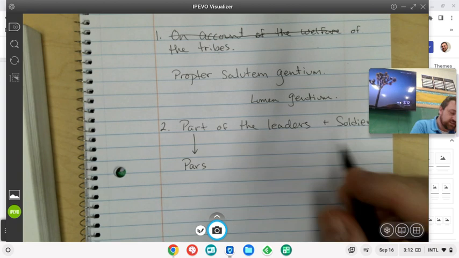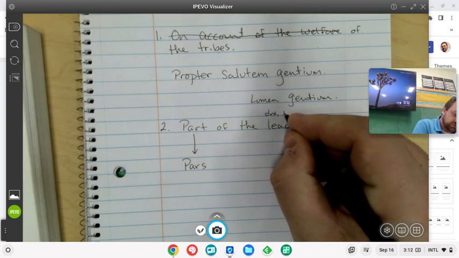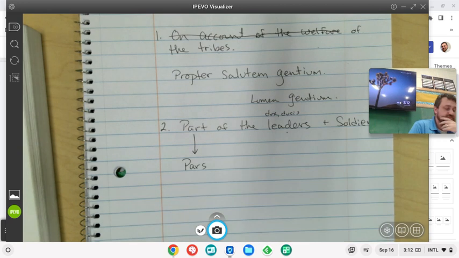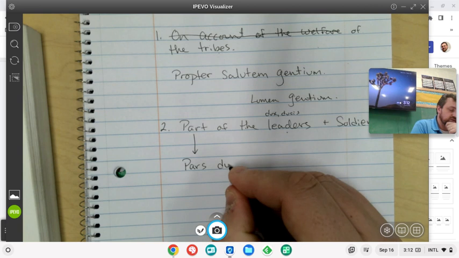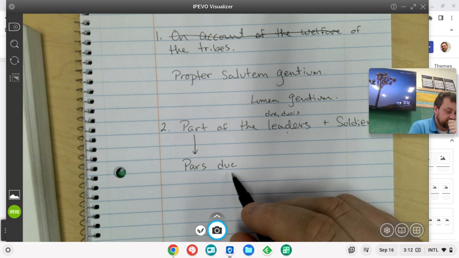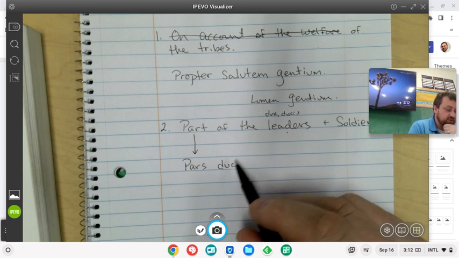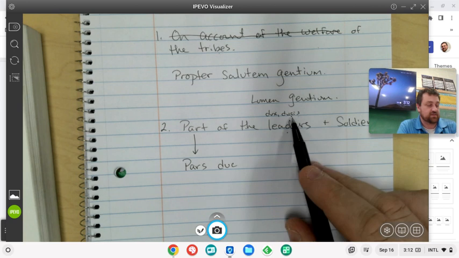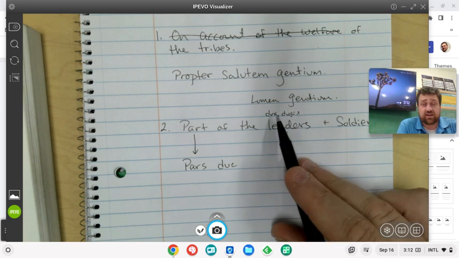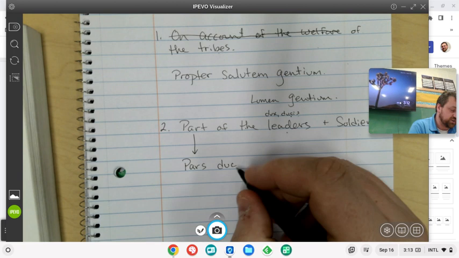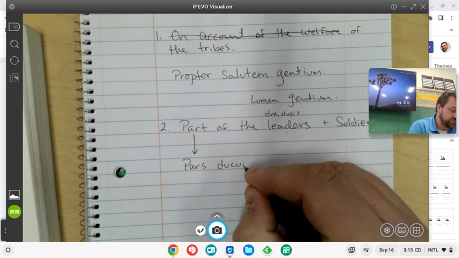So a leader is dux, ducis, and we want of the leaders, and that's a genitive plural. So we're going to do the duc-, but dux, ducis, the stem does not end in 2 consonants, and they don't have the same number of syllables, 1 syllable and 2 syllables. This is not an I-stem. So we're actually going to go pars ducum, part of the leaders, et,